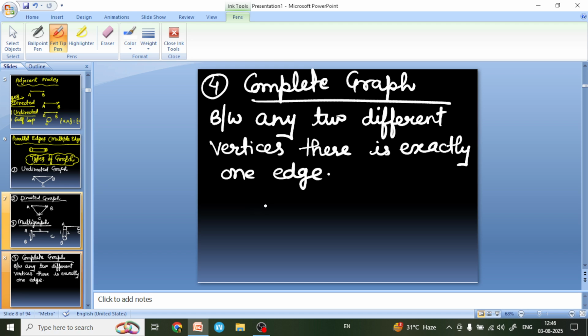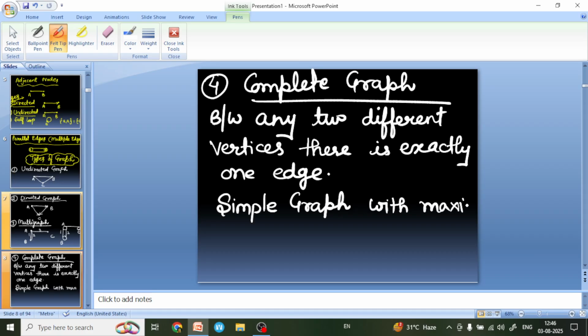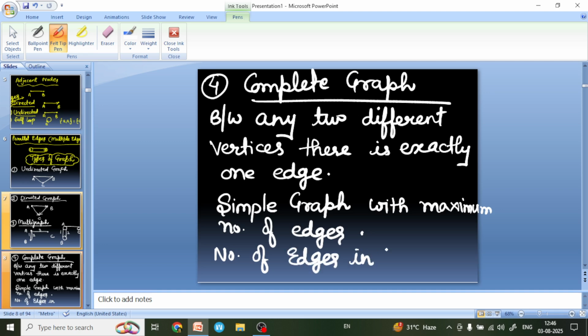A complete graph is a simple graph with the maximum number of edges. And the number of edges in a complete graph